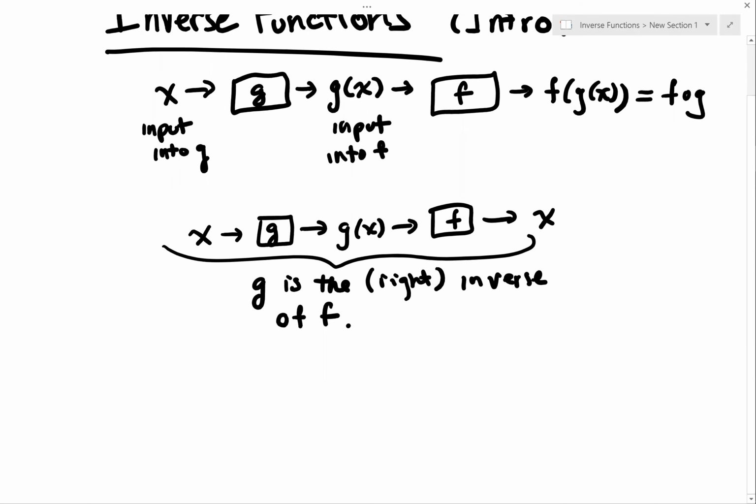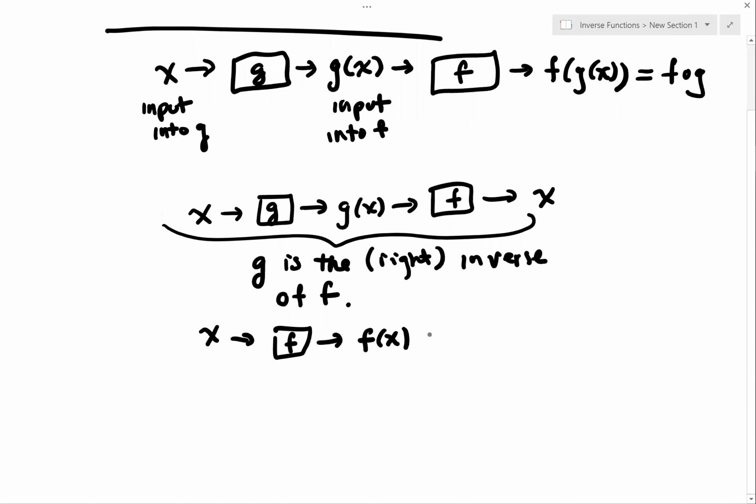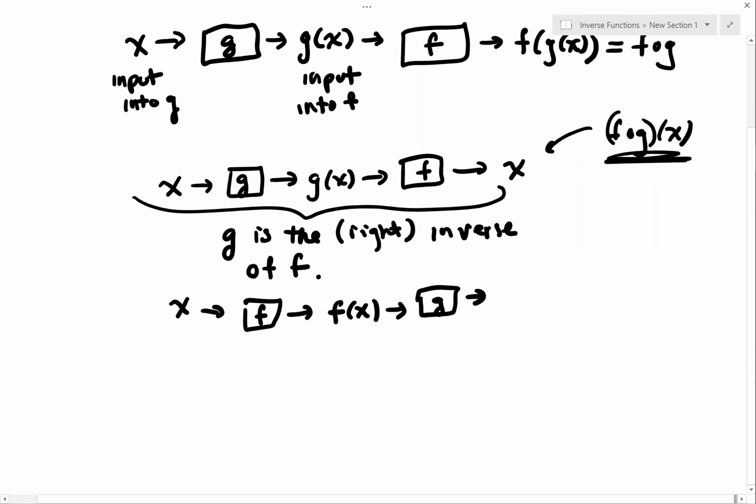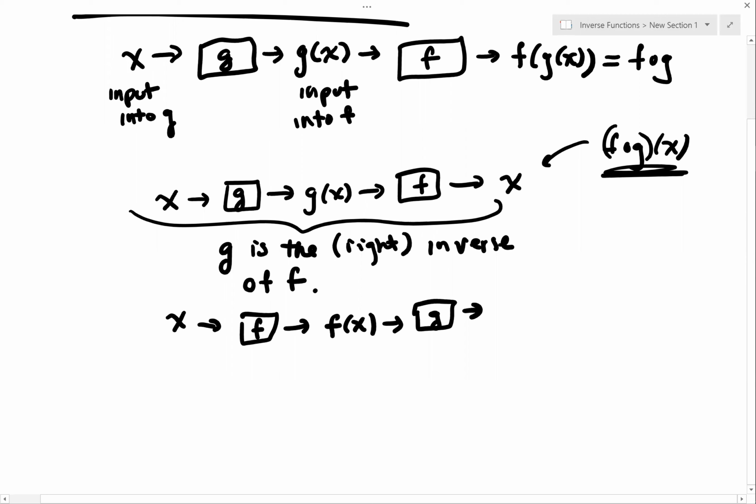Then if we compose them in the same way, if I plug x into f first, I get f of x instead of g of x like in the previous part, and then I plug that into g, that will give me g of f of x. Up here, that was f of g of x, our first definition of a composition. But if we compose them in the opposite order, and g of f of x is also equal to x,